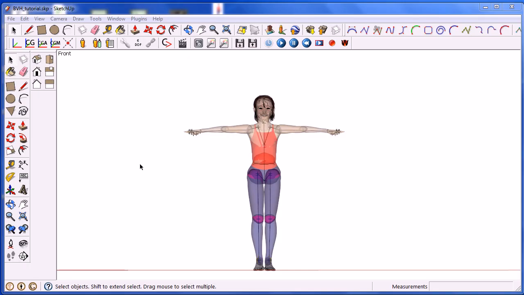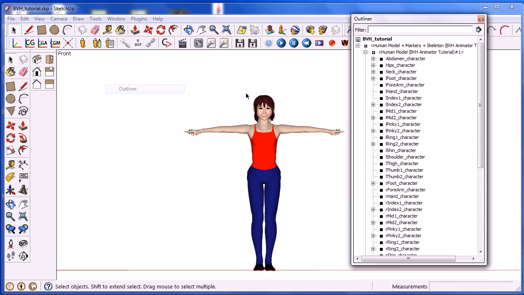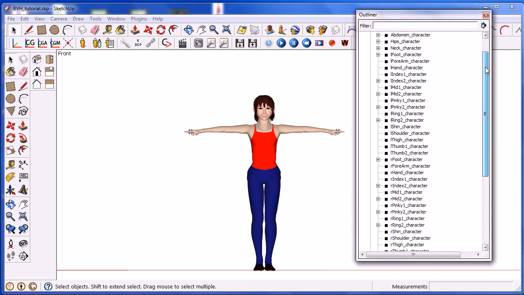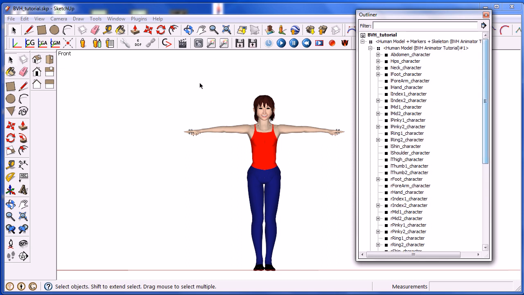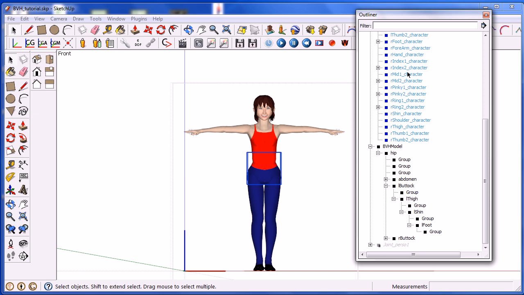The last step is to move each of the groups of the character containing a limb in the hierarchy of the skeleton to the right place. You can remove the X-ray mode, open the window outliner again, and scroll down the hierarchy. Using the outliner window, we must drag and drop the groups of the character in the appropriate groups of the skeleton. For example, the hips of the character, named hips character, will be moved in the group hips of the skeleton.